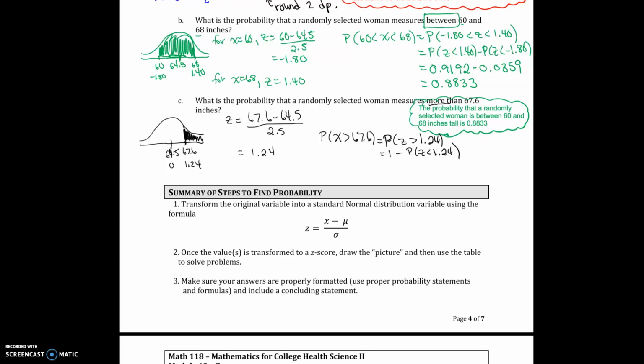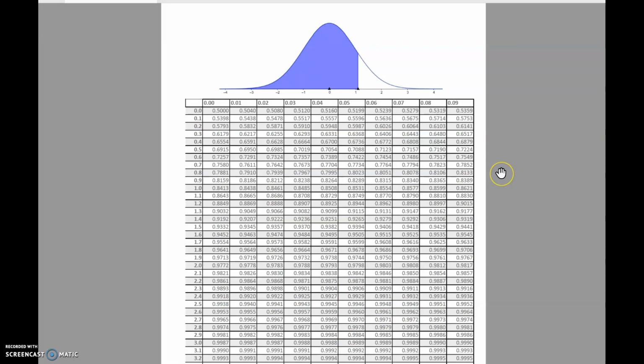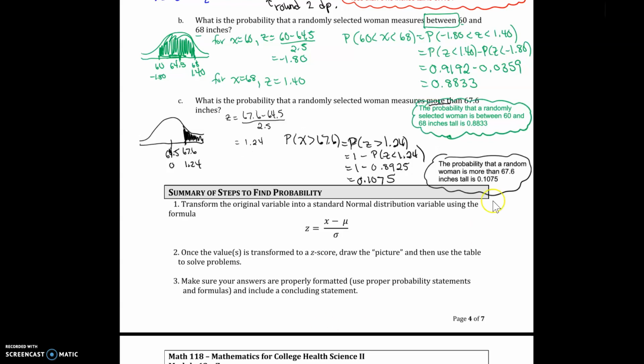I look up the z-score of 1.24 on my probability chart. Because it's a positive value, it's going to be on the second page. Okay, and I find that it comes out to 0.8924. I plug the subtraction into my calculator and get a final answer of 0.1075, and I can write my conclusion. And therefore, the probability that a random woman is more than 67.6 inches tall is